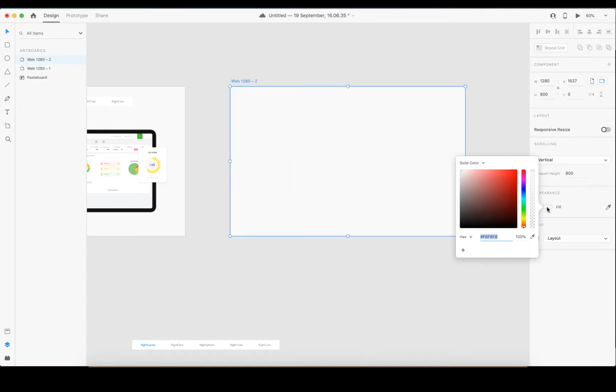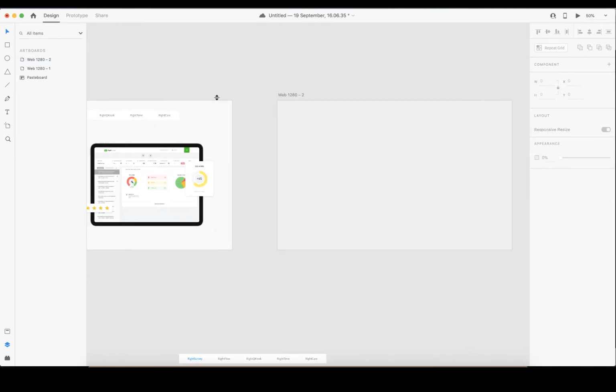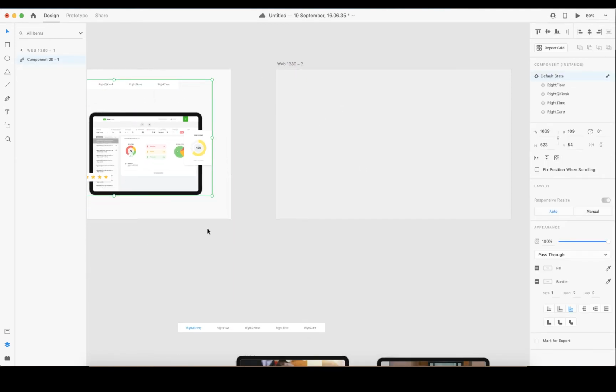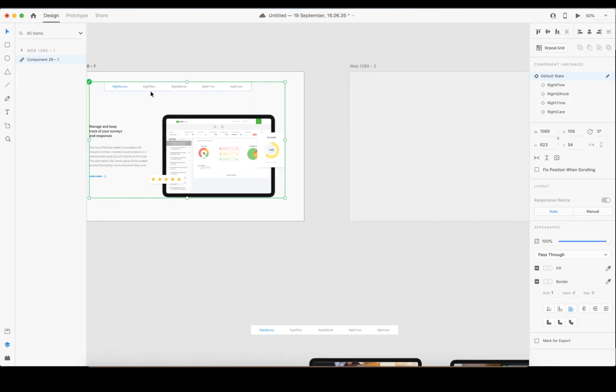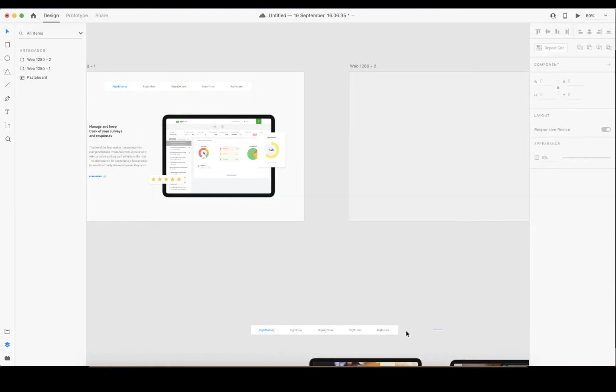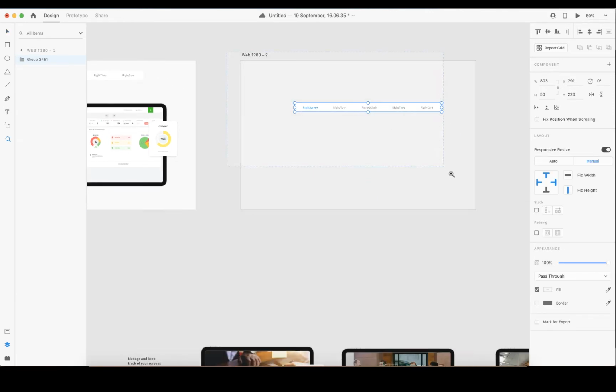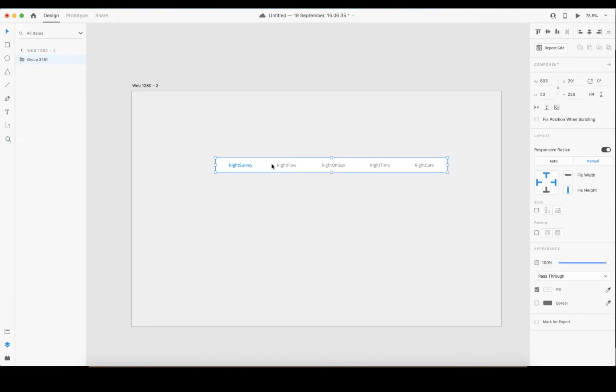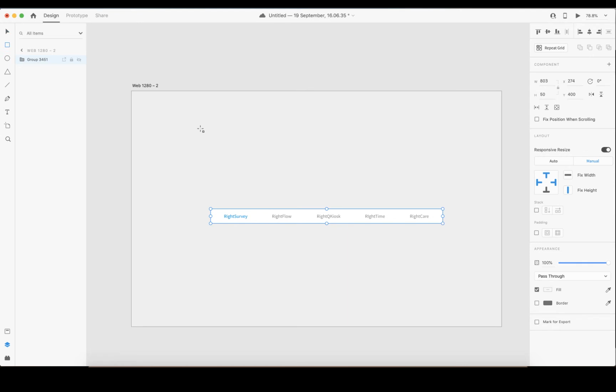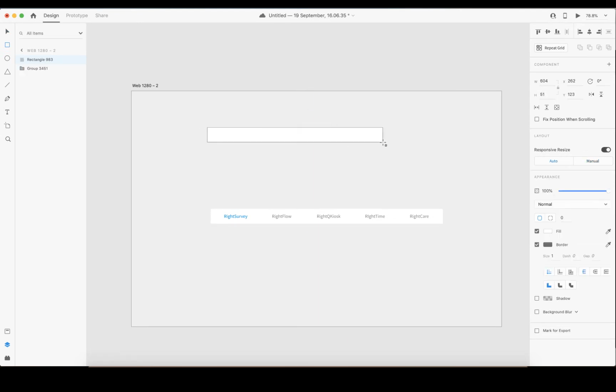What I will do first is make the background a bit gray. Let me see, EEE, I guess 3E, I guess that will make it fit. So first of all, what we are going to create is the top menu, before we do anything else. You can actually create it yourself. Let's just create a blank new one.